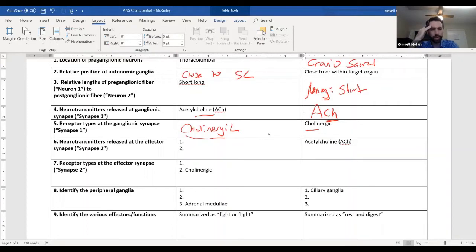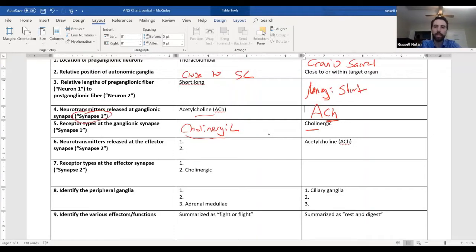Maybe some of you are thinking, wait, I know that sympathetic and parasympathetic have opposing effects. But if they have opposing effects, why do they have the same neurotransmitter? Because isn't the neurotransmitter going to tell you what happens? You would think that for one system to be excitatory and one system to be inhibitory, you would have different neurotransmitters. But here's what's important, when we look at synapse 1,